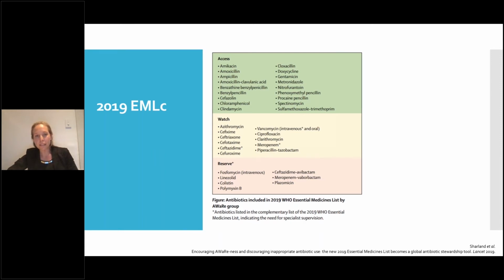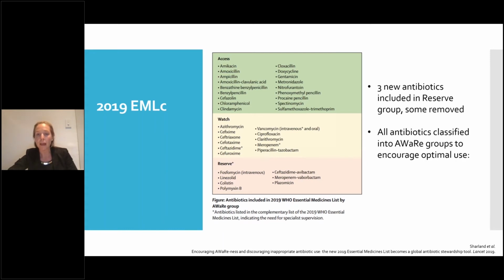So that 2017 EMLC publication was recently updated with the 2019 Essential Medicines List for Children, and there were some minor changes there with 3 new antibiotics that were added into the reserve group. So we have ceftazidime-avibactam, meropenem-vaborbactam, and plazomicin that were added into the reserve group. And there were also some antimicrobials removed, and they're predominantly antibiotics that we know have a higher toxicity potential in